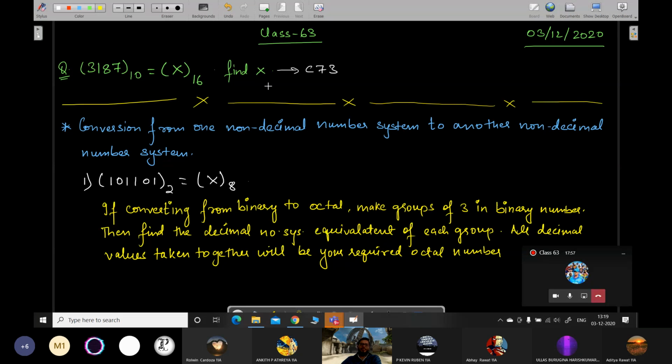Dekho, what I mean by that. For example, this is our question. Binary number is given. Okay. So I'll take it as 1 0 1 1 0 1. Now, when you have your binary number, take it and divide it into groups of 3, starting from right to left. Okay, right to left. So I'll start dividing it into groups of 3. I'll start from the rightmost digit. This is the first group. This is the second group. Okay.